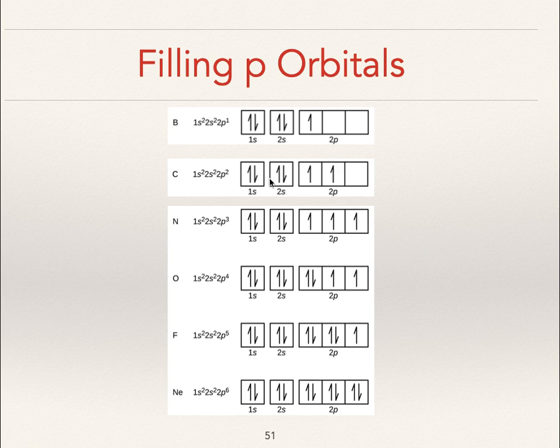Carbon has 4 valence electrons. Nitrogen has 5 valence electrons, oxygen has 6 valence electrons, and so on and so forth until you get to neon, which is completely stable because it doesn't need any more electrons. It's got its 8. Another thing you'll notice is that oxygen, for example, will almost always have an ionic charge of 2-